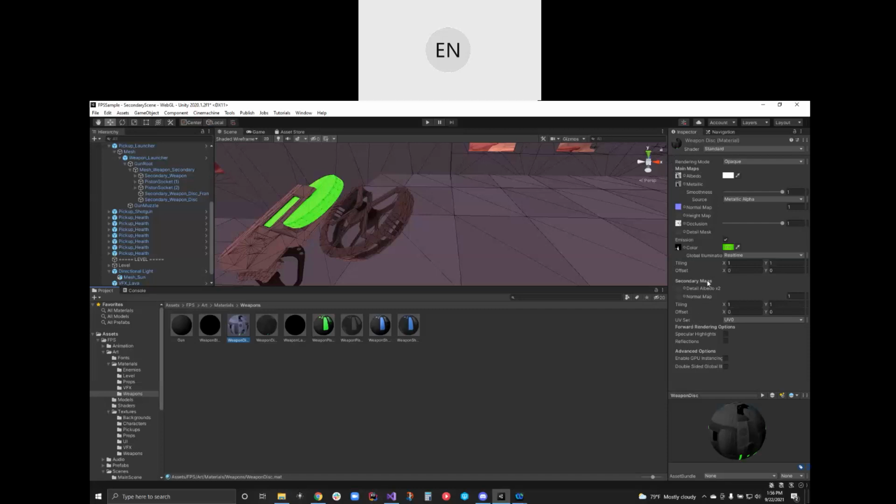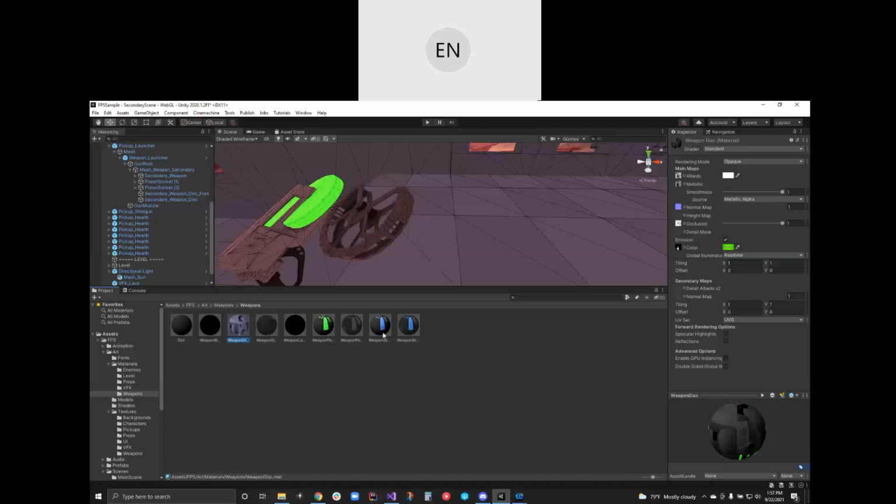Now, the reason that it's called a material is that the shader does all this complex stuff, and you can change how it does it by these exposed variables. So you might want to reuse the same shader over and over again in many different ways. For example, this standard shader is used in this project probably 10, 20, 30, 40, 50 times over, but each one is a different material.